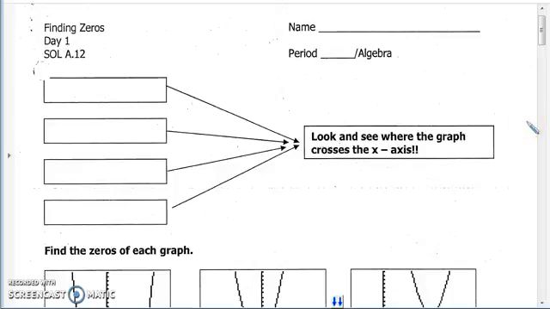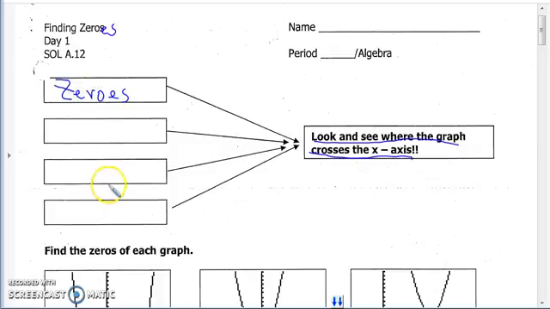Finding zeros. Please take notes. Finding zeros means look and see where the graph crosses the x-axis. So please underline that: crossing the x-axis. Finding zeros, there should be an "s" here, zeros. So when you see the word zeros,